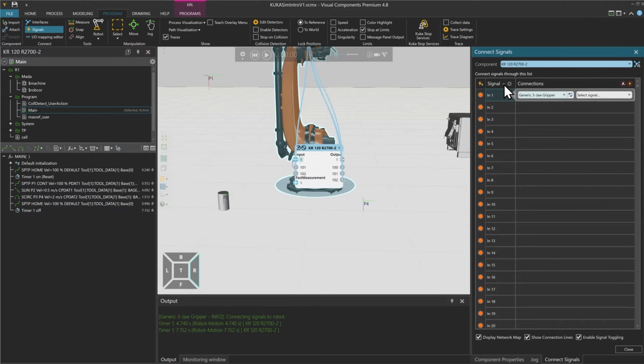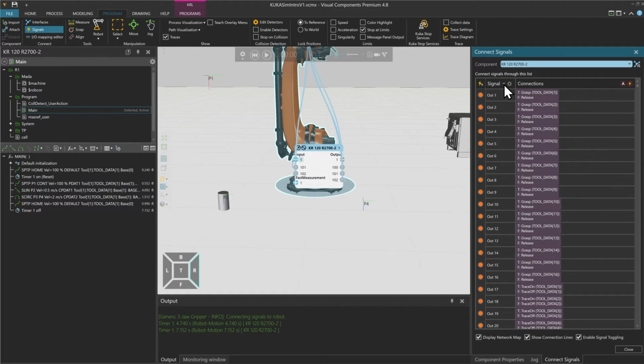Where I click on this little arrow to the out signals, and I also see that there is a lot of out values already predefined. So from out 1 to out 16, it will be a grasp and release predefined for different tool datas. Then if we continue from out 16 to out 32, we have traces for those TCP or tool data values.